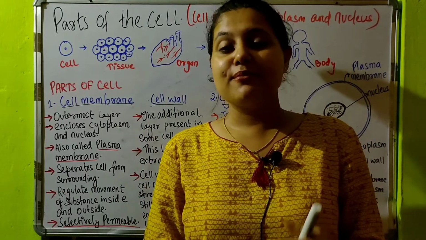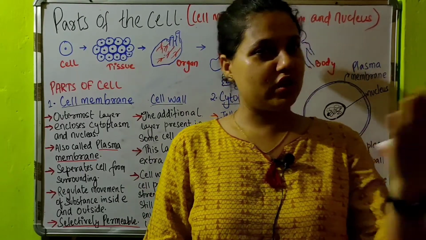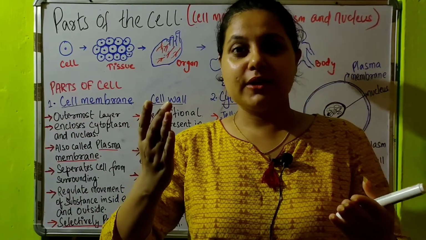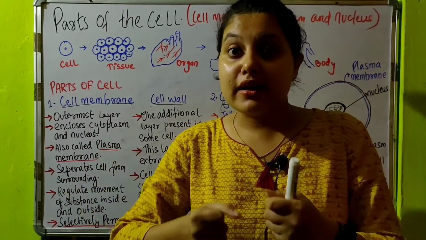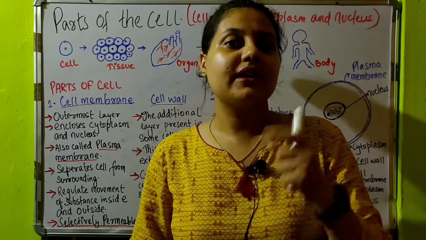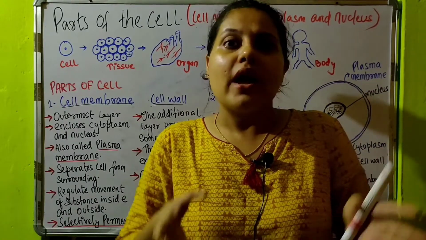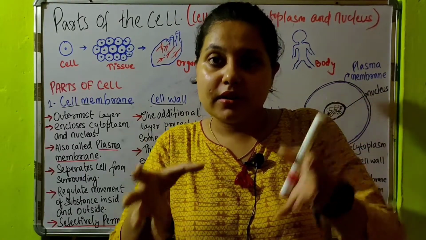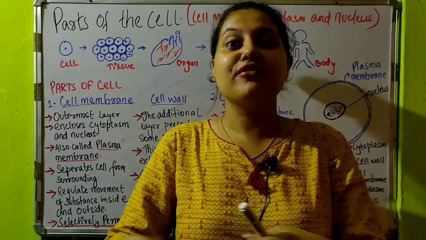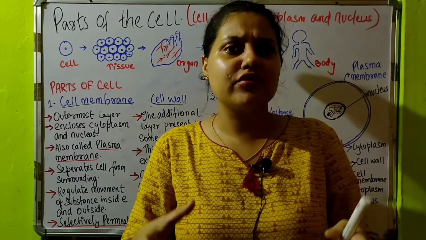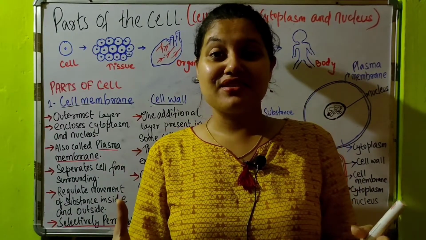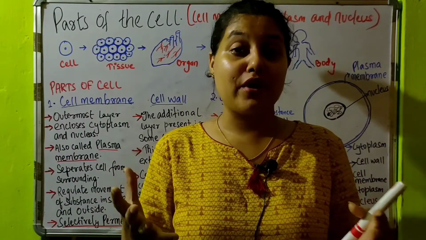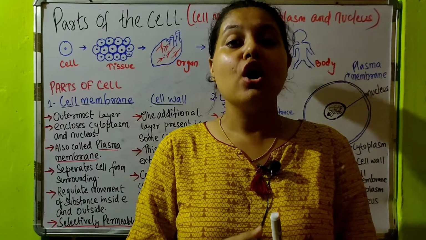Cell wall gives extra protection to plant. Why is that? Because you see, whenever there is rain, whenever there is storm, any kind of natural calamities, we can run, right, for the shelter. But can the plant run? No. Animals also come under the tree during such condition, but can the tree go anywhere and can they hide? No. That is the reason why the plant cell are provided with extra strength to cope up